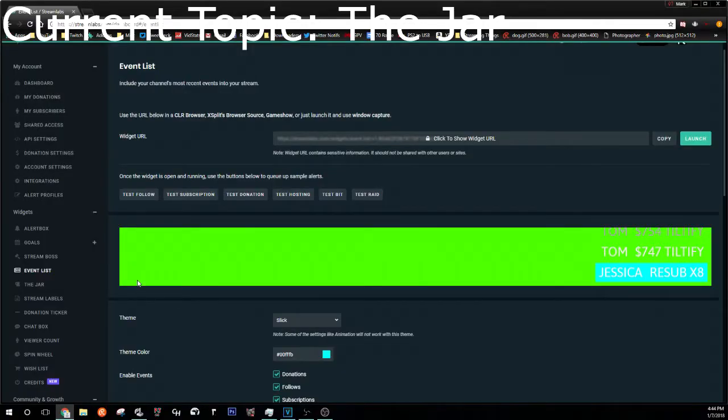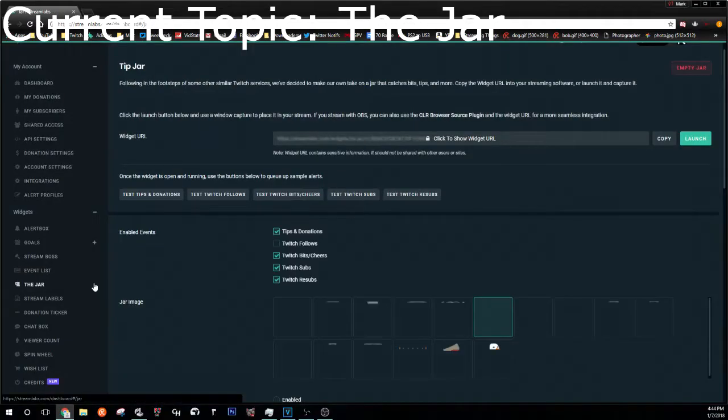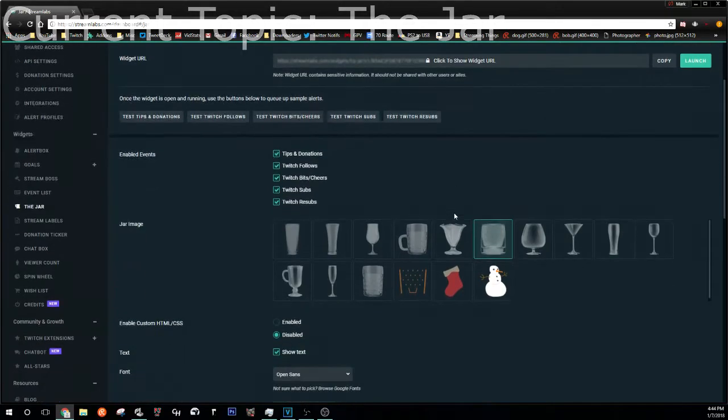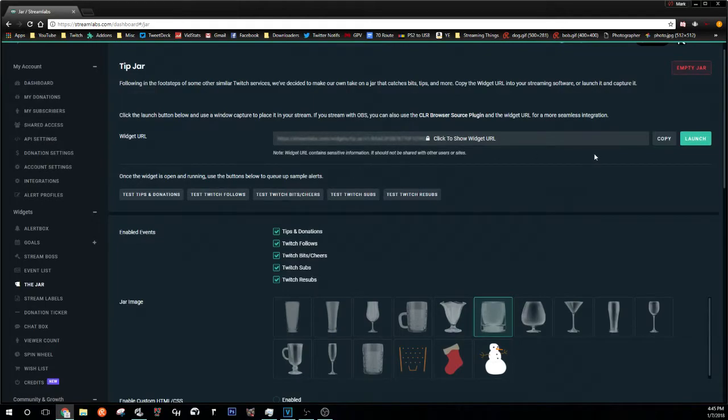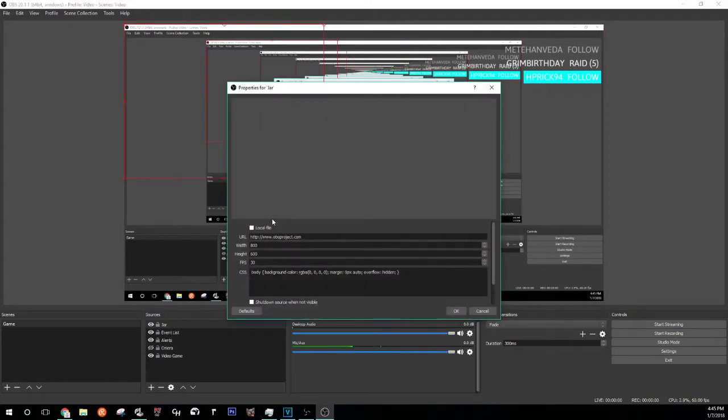This next thing I'm going to be showing you guys is called the jar. This is a bit jar for donations, subs, follows, cheers, resubs and stuff. You can choose any one of these cups to have stuff fall into. I personally use these two or that one right there. So you can use all that, hit copy, go into OBS Studio again, plus browser source, name it jar, put